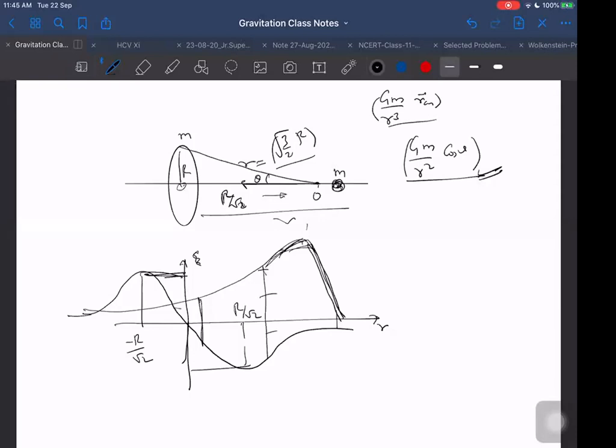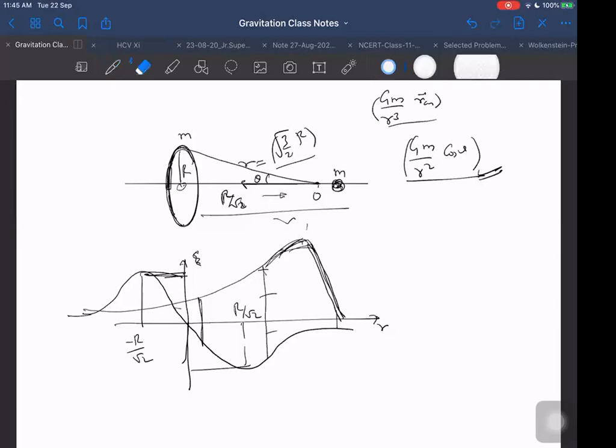But the third null point will be within the mass. If I neglect that third one, which is within the mass, and consider only the ones which are outside, then it is a different scenario. Within the mass, there may be some complicated case. I don't know what will happen in the ring also. Maybe some null points end up coming in the ring also. There we have to be careful. So we are not considering within the mass, we are considering outside the masses.